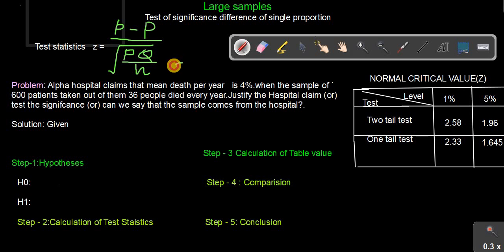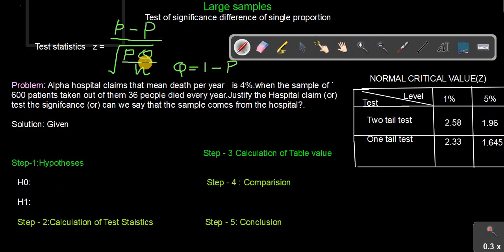Q is nothing but 1 minus P, equals 1 minus capital P. This is the statistic for single proportion testing of hypothesis, where small p is the sample proportion, capital P is the population proportion, and n is the size